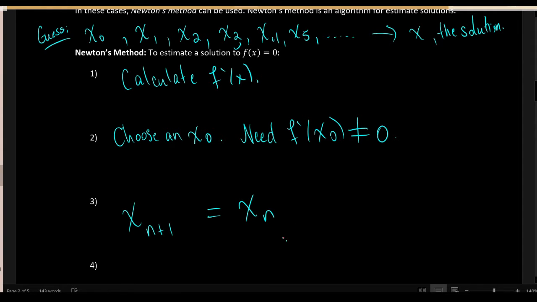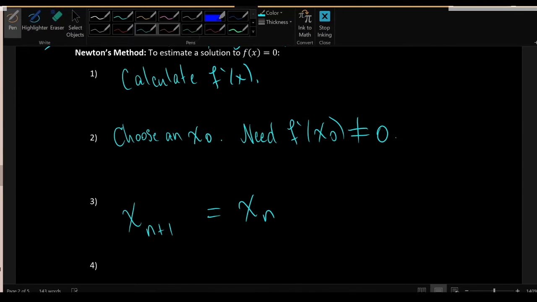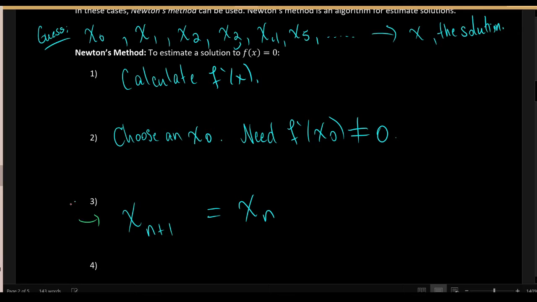So the current x value is called x sub n. The next x value is going to be called x sub n plus 1. In order to get the next x in the sequence, take the current x in the sequence and subtract